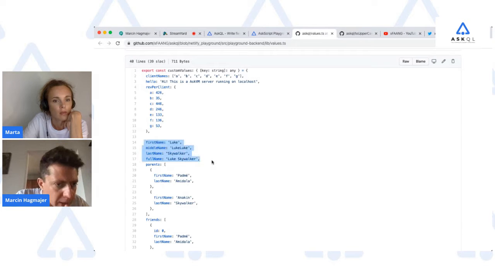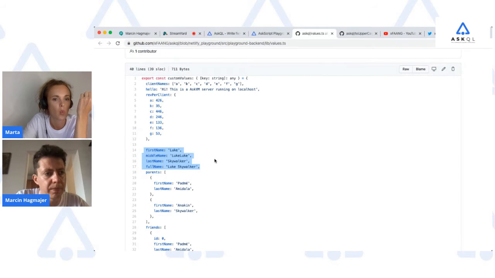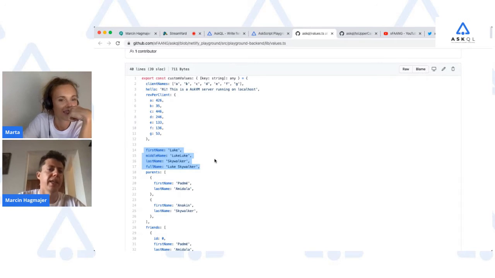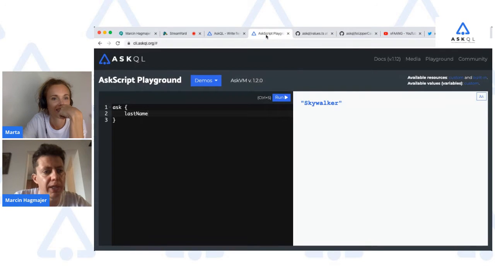So what if you wanted to get all of those 4 values at the same time? How would you do it? Let's figure it out. How would you write a single query that pulls 4 of these at the same time?